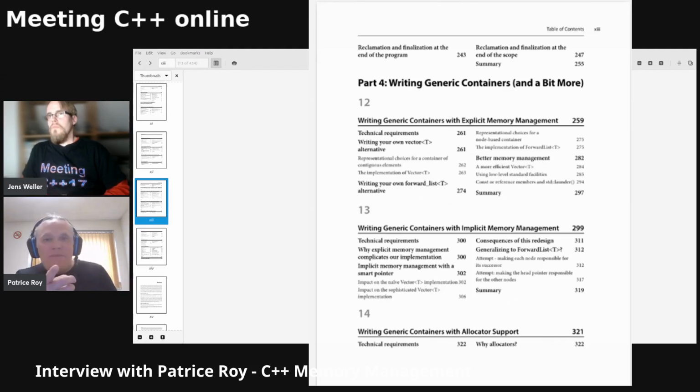I know that my games people tend to write their own containers for various reasons: integration with their own engines, historical reasons, the way their code base works. Not everyone has a standard library or wants to use one, because the standard library absolutely does make compromises. So it's not always the fastest, or the way you want to have control. And it's not very good at offering that kind of access,